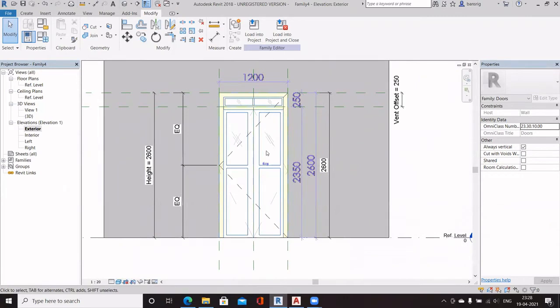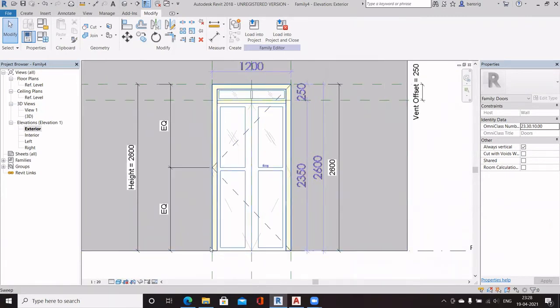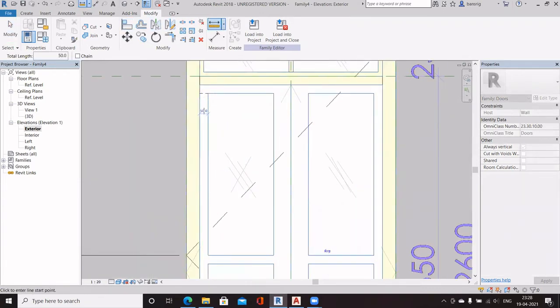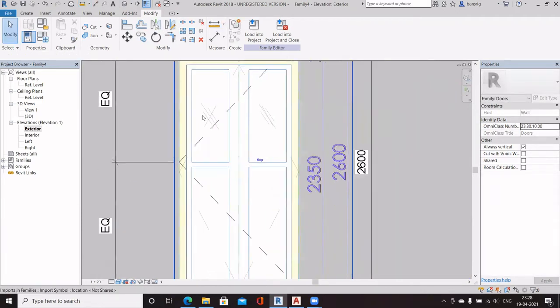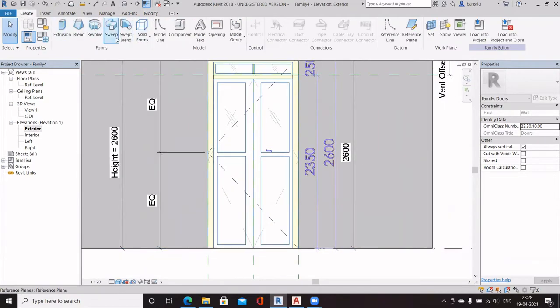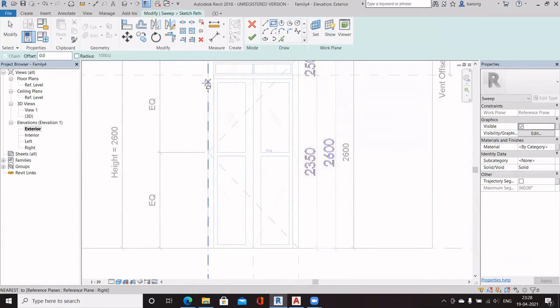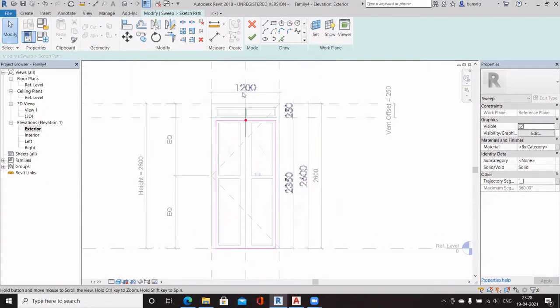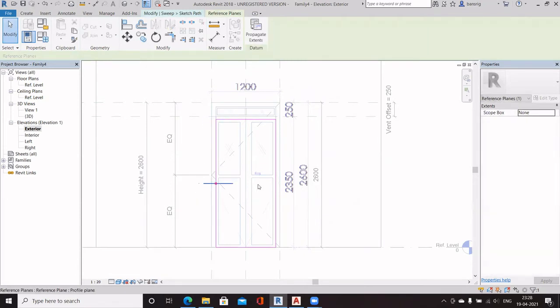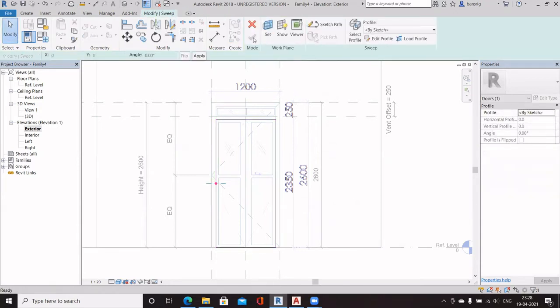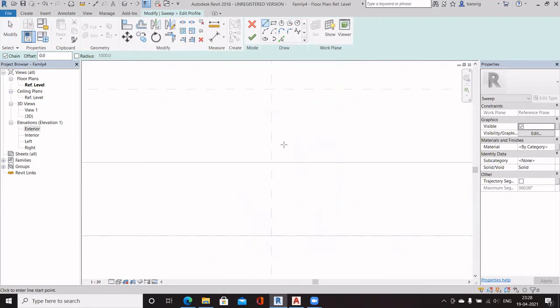I'm going back to the exterior view. Now I have this rectangular frame for the door here. And the measurement for that is about 50 millimeters. I'm going to use a 50 by 50 rectangle as an indication of that frame. So again, I'm going to create sweep, sketch path, and I'm going to use a rectangle here and lock, and lock. These are all alignment locks. And I'm going to move this reference plane in the horizontal direction so that we can draw the profile in the plan view. And I'm going to say finish, edit the profile, go into the plan view,